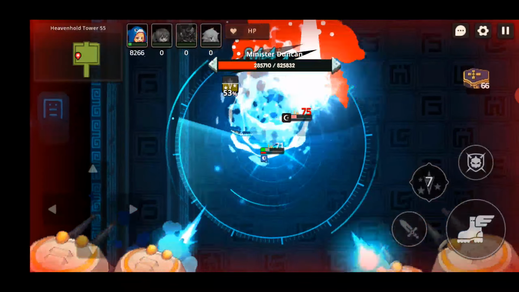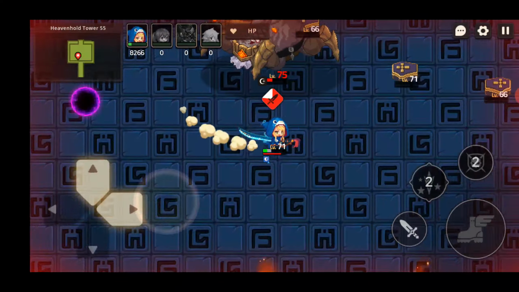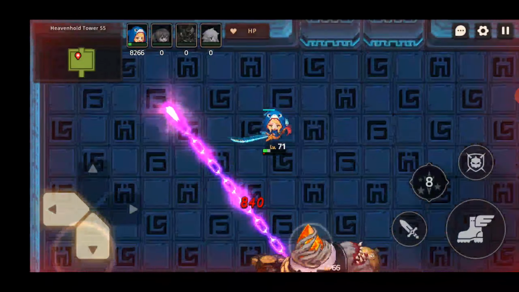Hopefully I'll get some shielding soon. Nope, we're only at 50, 60. So I need to actually not play like trash. See, this is what I was talking about. You just hit and move once. Usually you get a decent...